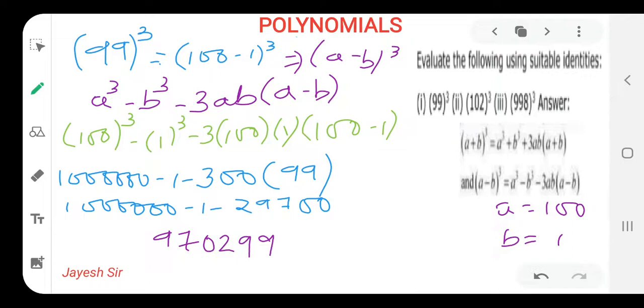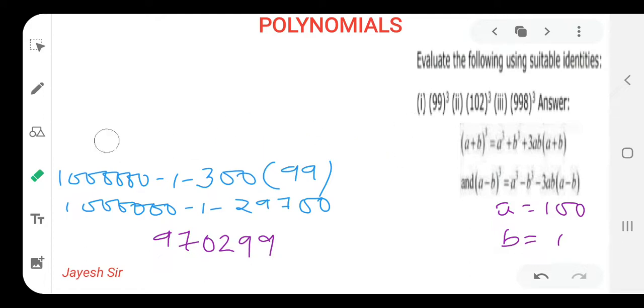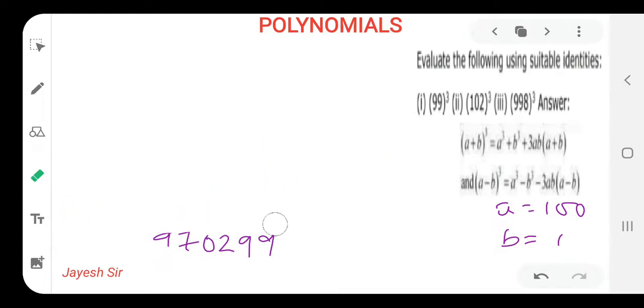I hope, friends, you all have understood and cleared your concept over here. So let's begin with the second sum for the day. If you understood, pause the video and try to solve the second sum on your own, friends. The same thing that we are going to use in the second sum also, so don't panic. You can just put the values in the given formula and you will easily get the answer that I am getting. You can solve it on your own also, as we have done this type of sum in previous classes also.